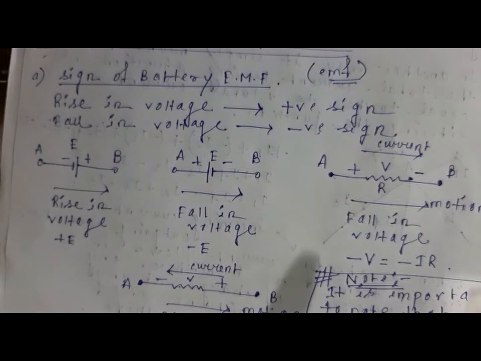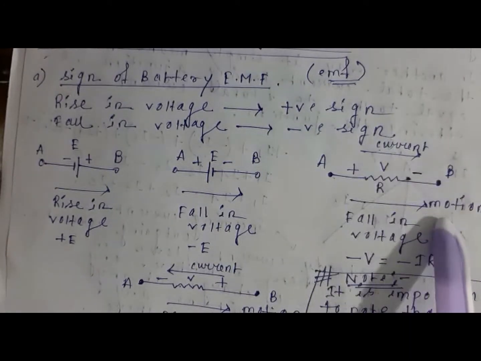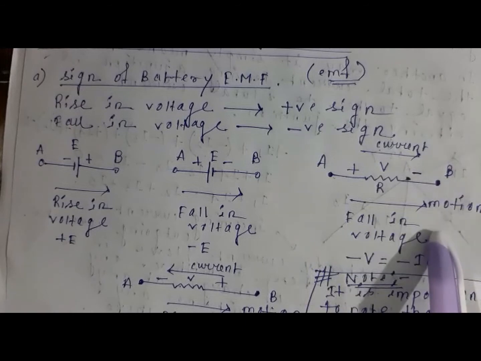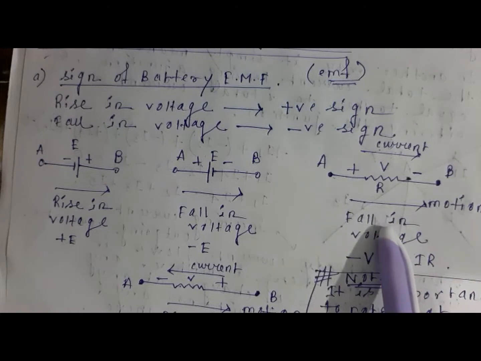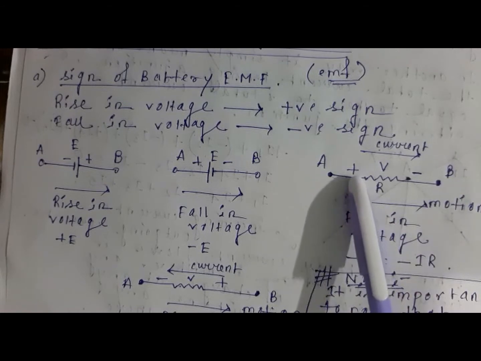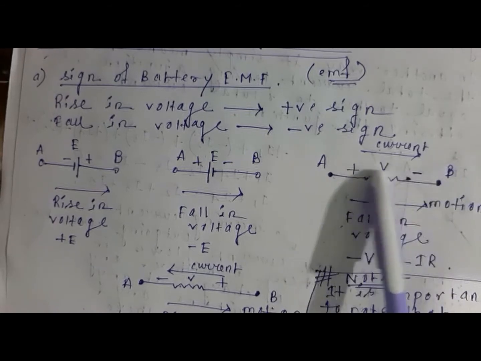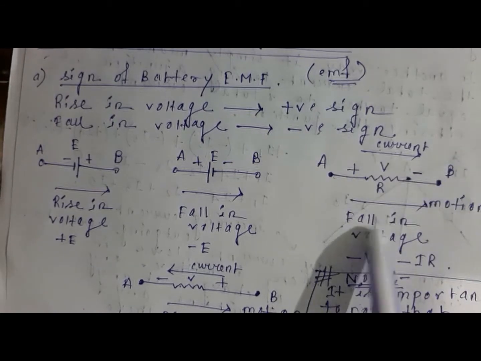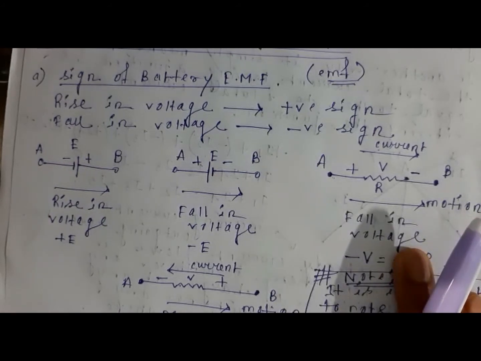And now see, over here you have your direction of current in this direction, and your direction of motion in the similar direction. In that case you have to consider minus. Why minus? Because you see, positive, your voltage is positive and negative, so there is a fall in voltage. So when you have a fall in voltage, what we actually put is minus V, isn't it?